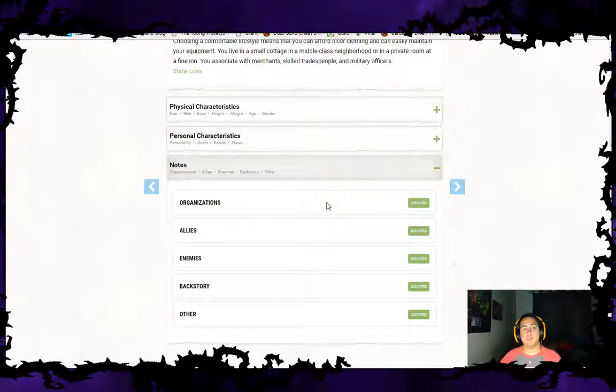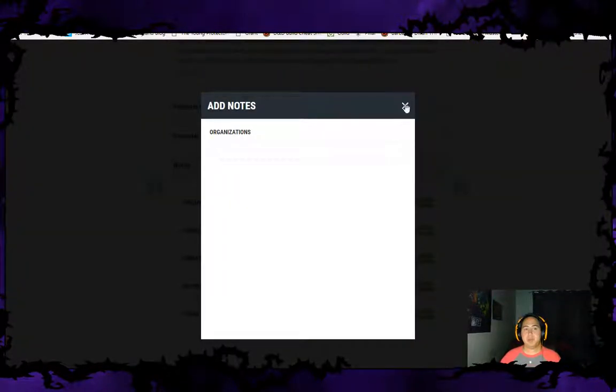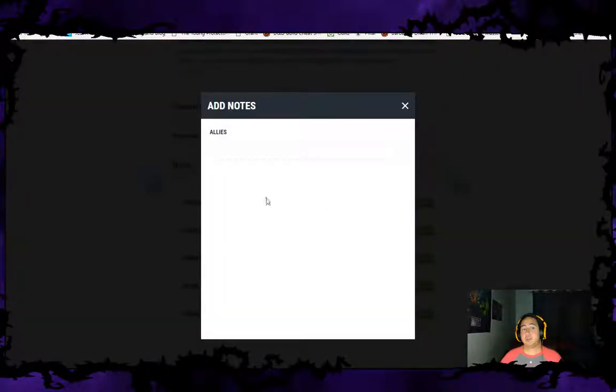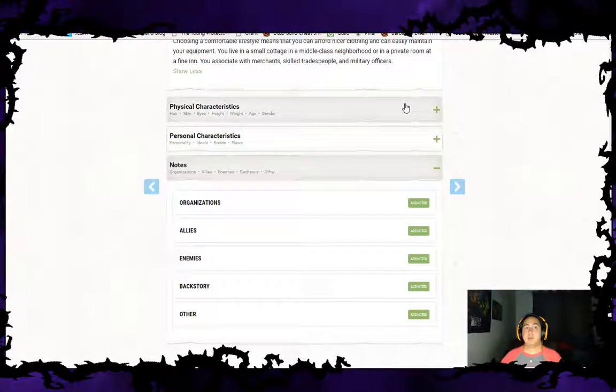And then notes. These are things like what organizations you might serve or be a part of, what allies you might have. This could be people in your adventuring party if you've met them before your story begins. Your enemies. Maybe as a part of your backstory you have sworn enemies that you have vowed to destroy. Again, all of these provide great foundation for your Dungeon Master to build stories, to fill out the